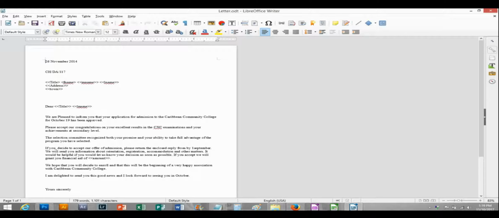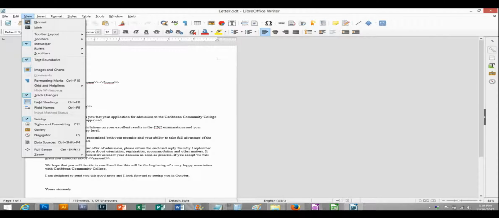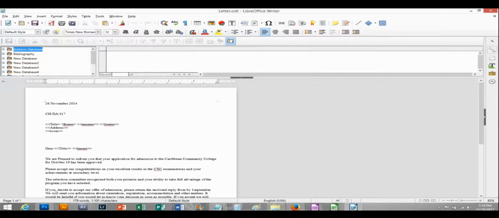So you open your letter. Once you have your letter ready, you go to View, and you want to view your data sources. As you notice, I have a whole bunch of database information here. These are just things I opened whenever I made a practice earlier during the week. But anyways, this is supposed to be the one we use, and you can verify